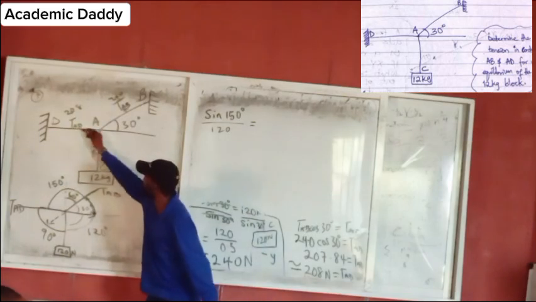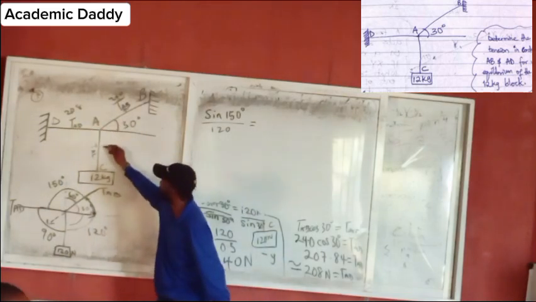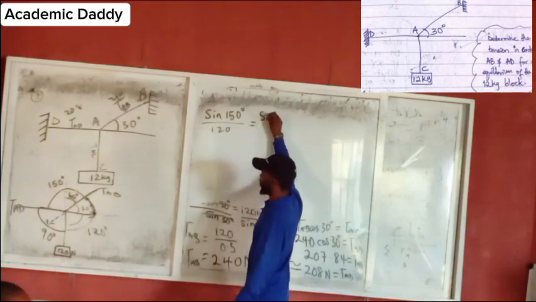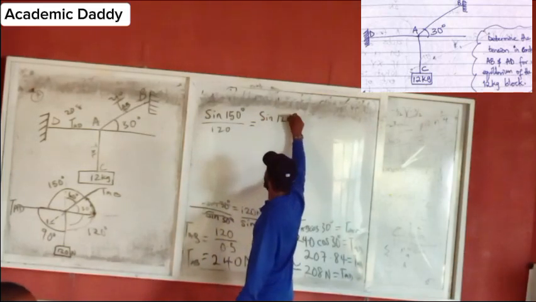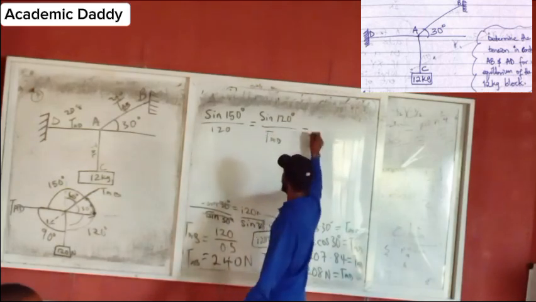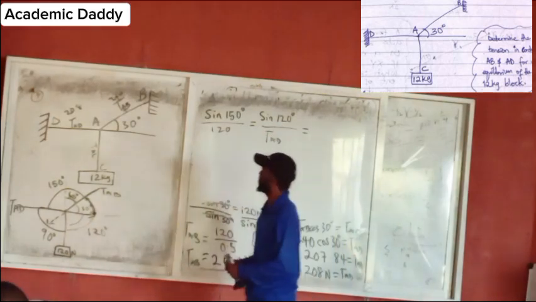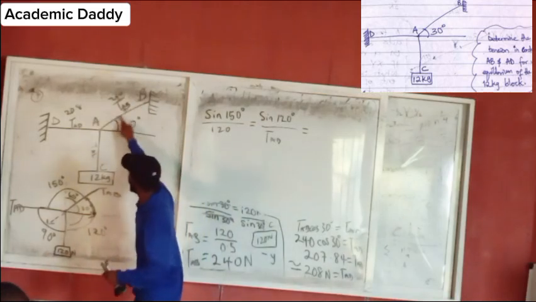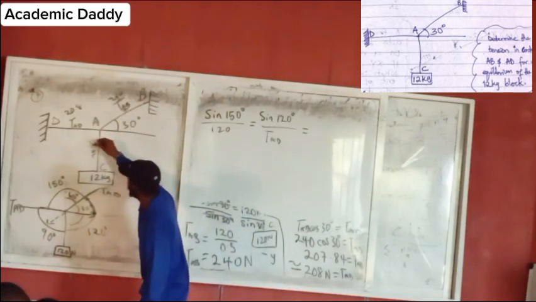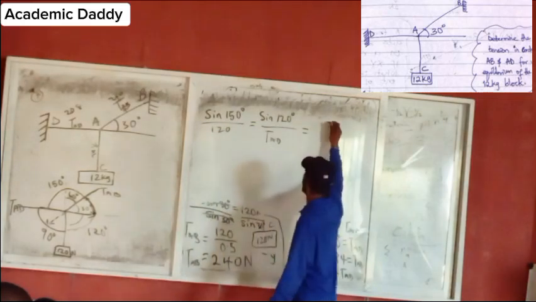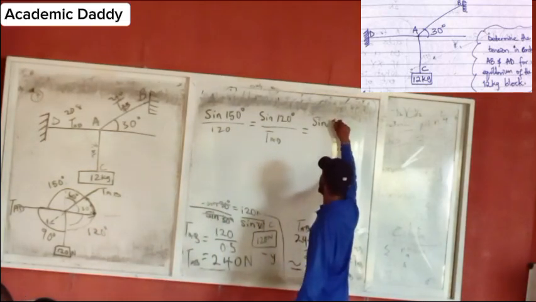we said that this is facing everything here. Is it not true? Yeah. So let's say sine, what we get is 120 degrees all over TAB is equals to, then the next one is what? This one, and this one is facing everything here. Is it not true? Check. And we got 90. So sine 90 degrees